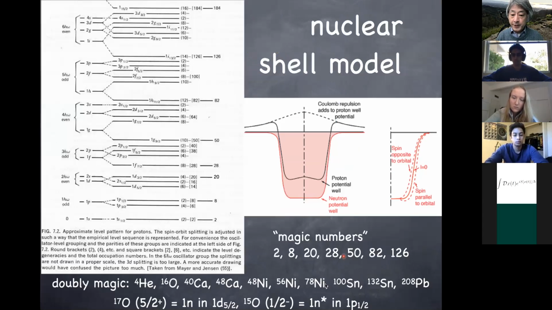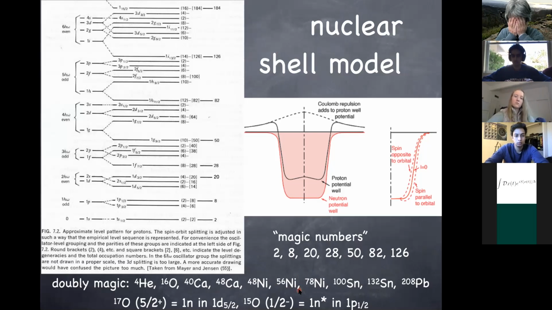So for smaller doubly magic nuclei, you basically have the same number of protons and neutrons. So for small nuclei, that's sort of the norm. The stable nuclei tend to have an equal number of protons and neutrons, both of them occupying the magic number, which is a particularly stable nucleus. But as you keep going to higher atomic numbers, for example, in the case of nickel,